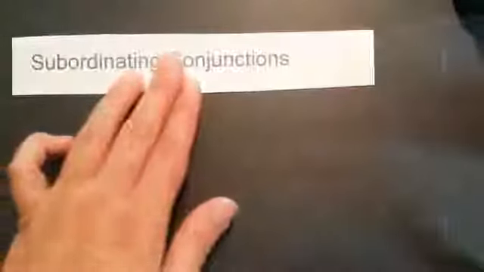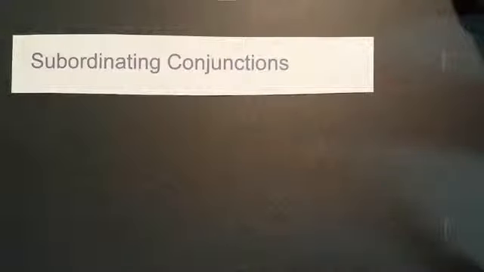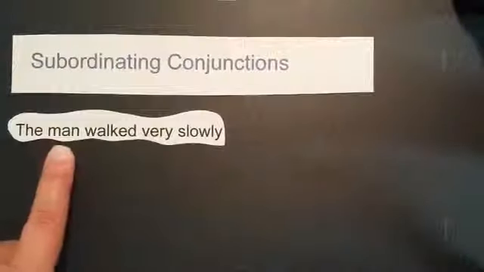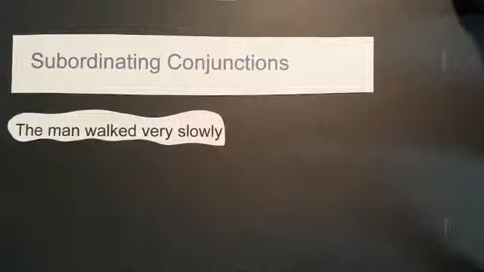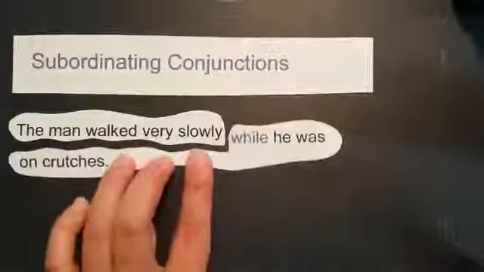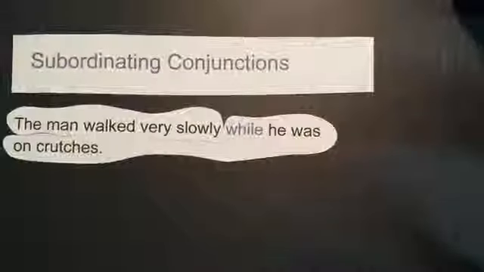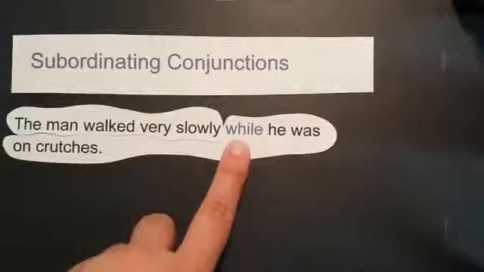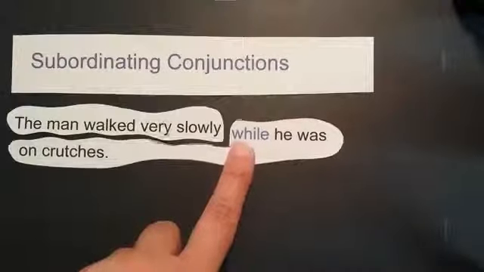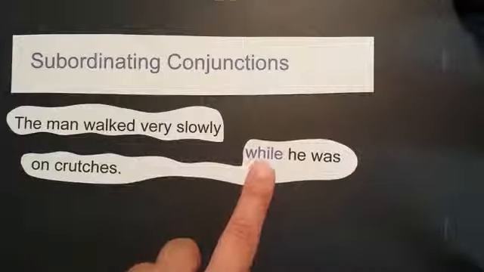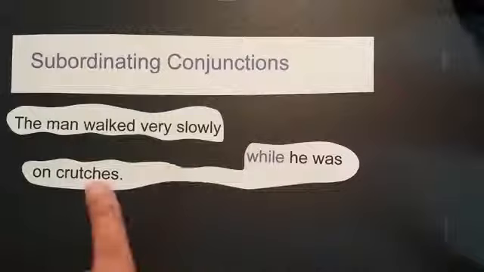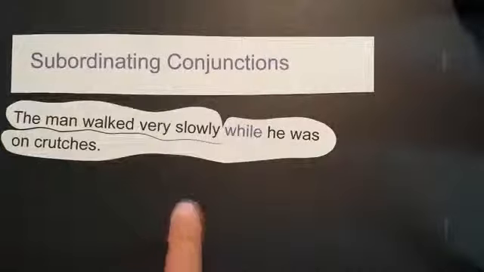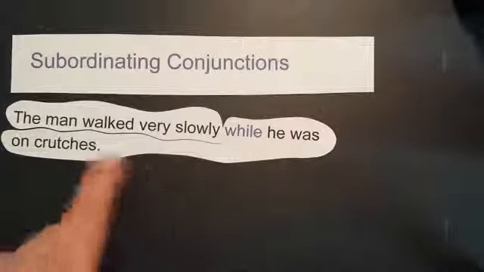Now let's talk about your subordinating conjunctions. Let's take this simple sentence, for example. This is an independent clause. The man walked very slowly. Well, we want to add some information to that to make it more interesting. The man walked very slowly while he was on crutches. So our subordinating conjunction combines this subordinate clause, while he was on crutches, because this cannot stand alone by itself as a sentence. So we combine these two, and we know a little bit more about what's going on,